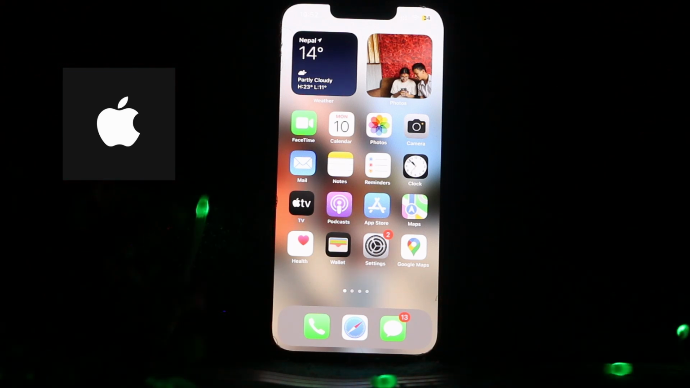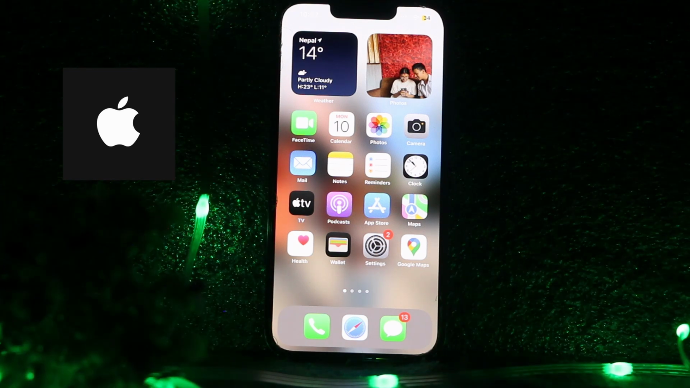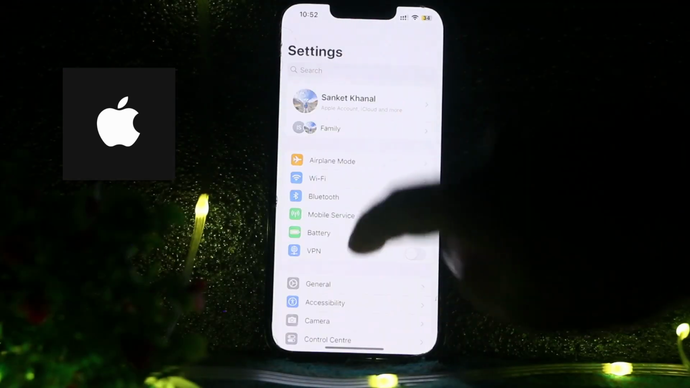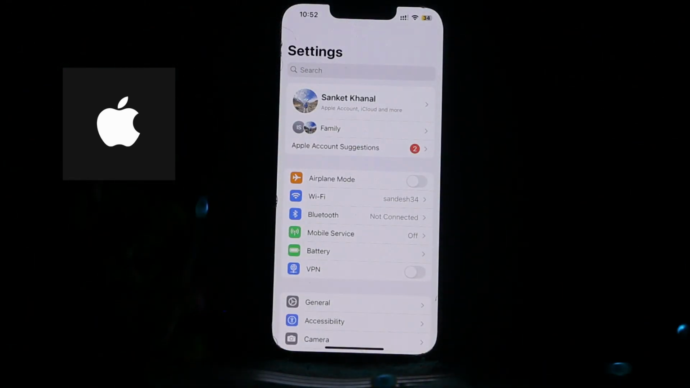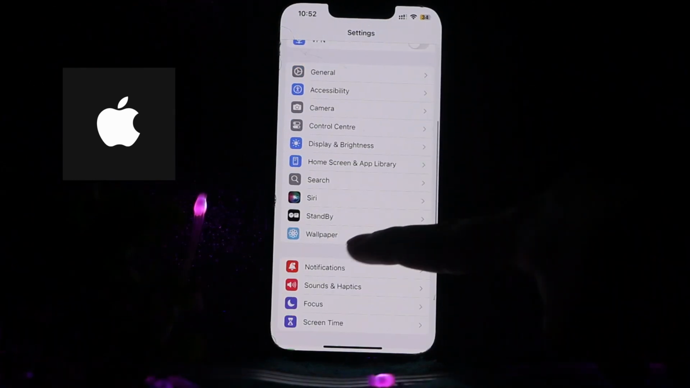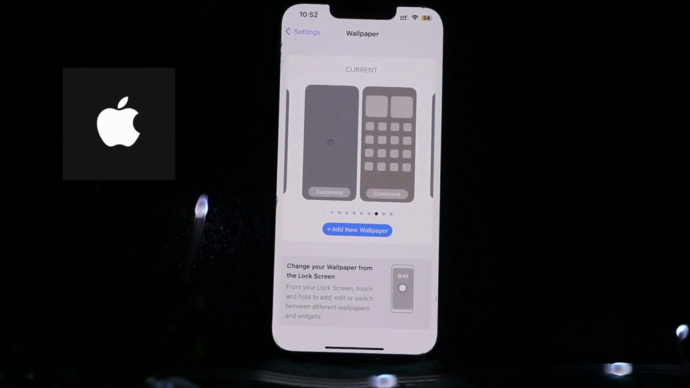So let's get started. Now if you want to remove or change the wallpaper on your iPhone, then you need to open settings on the device. So after opening settings, you will see various options on the settings page. You need to scroll down until you see the option of wallpaper, or you may also simply start at the very top. Here is the option of wallpaper, so you need to click on it,